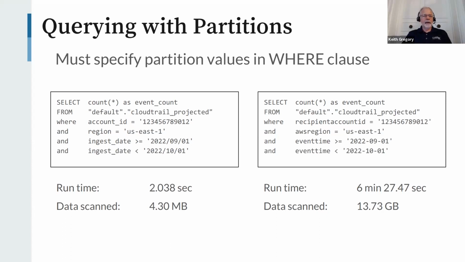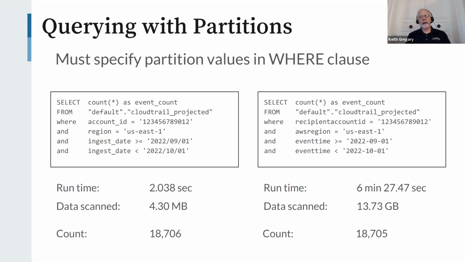On the left side, it can very easily reduce the number of files that it reads. It still has to open those files and scan them to get the counts of records, but it's far fewer files. It takes 2 seconds to run, 4 megabytes total data read. Whereas on the right side, since it's digging into the files to apply the query predicate, it has to open every single file in our CloudTrail database, which is currently sitting at almost 14 gigabytes of data, and it takes 6.5 minutes to run. So clearly, for performance, you want the query on the left,